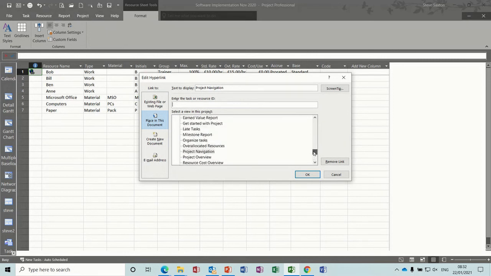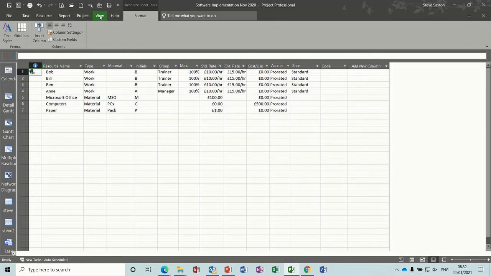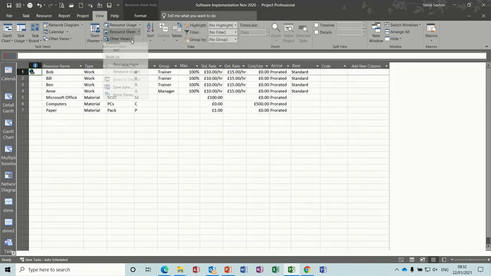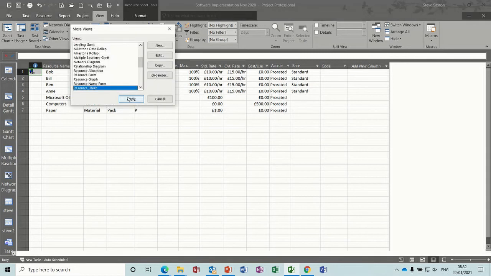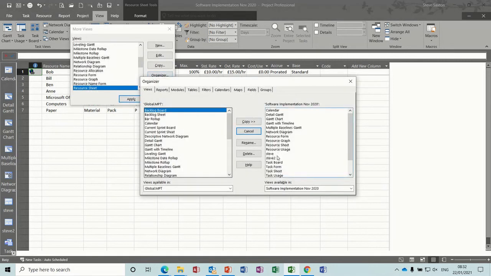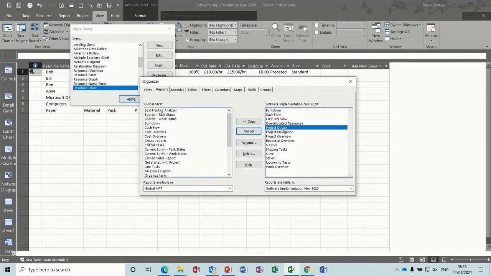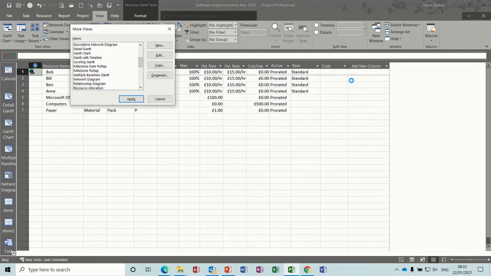Now you can't see project design in there, because what you have to do for this to work, so you can do the links, is you need to go to the view tab, other views, more views. You need to get into the organizer and you need to get that report. So go to reports and then project design. You need to push this into the global template. So just copy it across, copy it into there, close that,